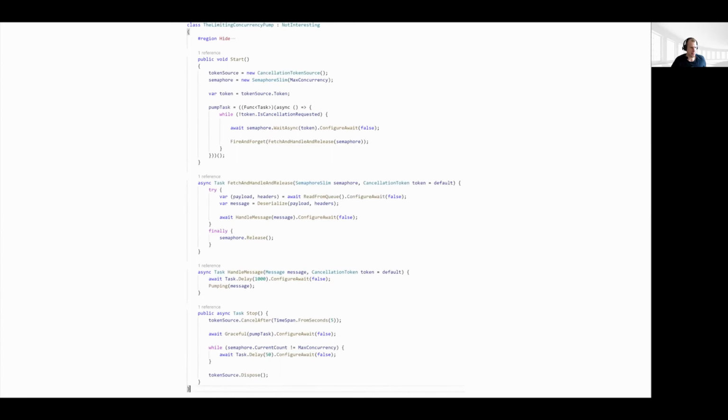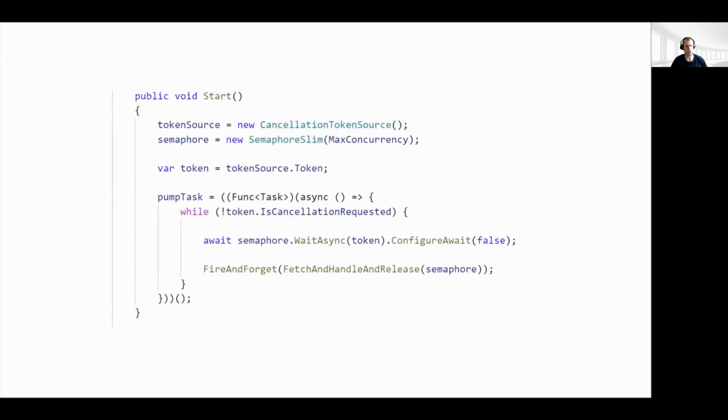What we can see here is that we introduce this tiny little change. We introduce the SemaphoreSlim and give it a max concurrency. It can be the number of CPUs. It can be 100, for example, if you want to align it with the DB connection pool or whatever resource you have in place. And hopefully it's configurable, because it might depend on the process that you're running. Then before we try to fetch more messages from the queue, we do semaphore WaitAsync. That means if the semaphore still has slots available, WaitAsync will not block and it will continue. Then we fire and forget, like before, the task that fetches and handles the messages and